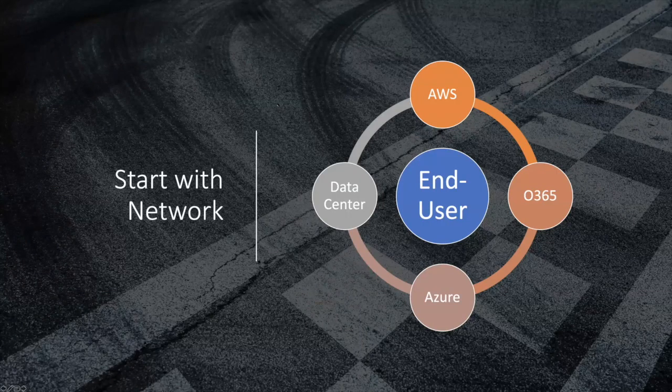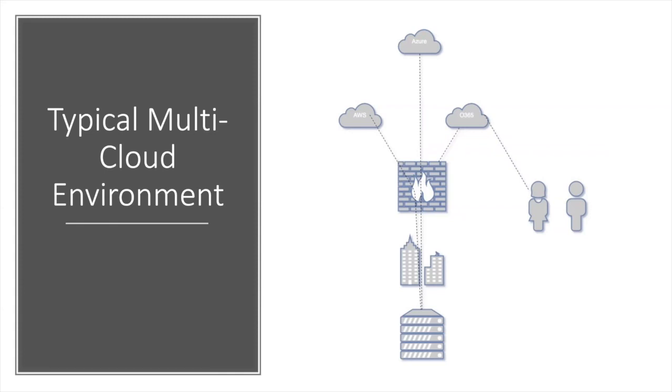So starting with the network, I found it pretty difficult to draw a picture of how a typical network for a multi-cloud infrastructure will look. If we go back to the previous cloud, I think in our minds, this is where we would have a firewall at the perimeter of the data center, and services will all come into that single point, and then users can access those services out via that traditional perimeter path. In reality, that's not what's happening.